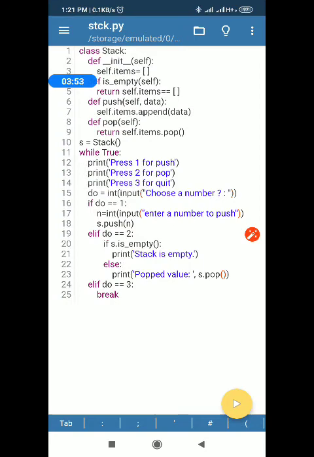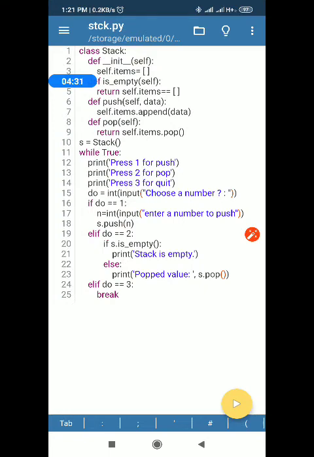Okay, so this is the stack program. If you can see here, a class is developed under which we are writing all the functions. So first of all, a class is developed for stack, and then we are writing the functions. First function is a constructor function inside the class, in which the items list will be created, and second function is the empty function that checks whether the list is empty or not.